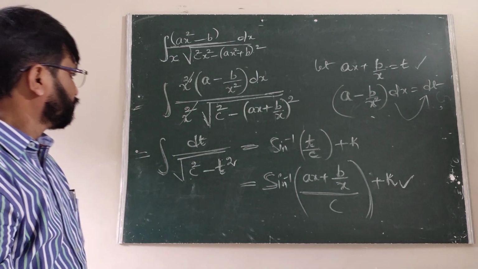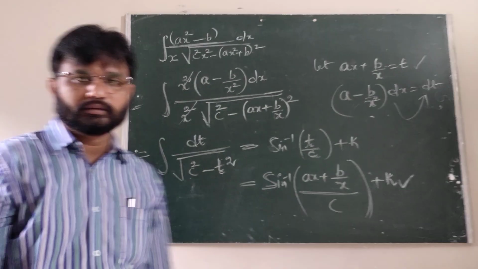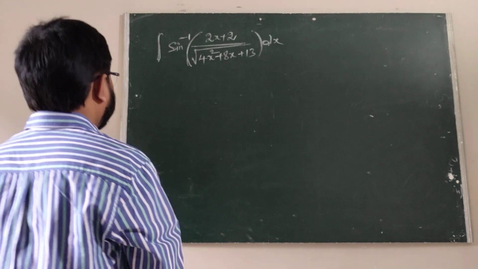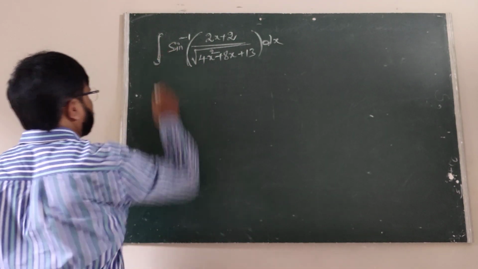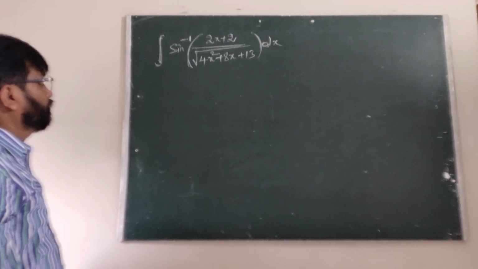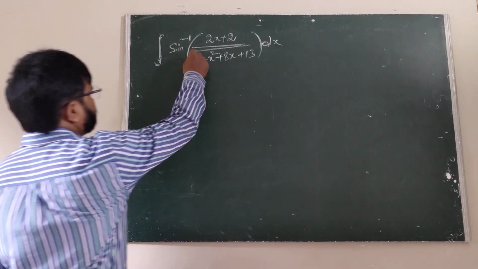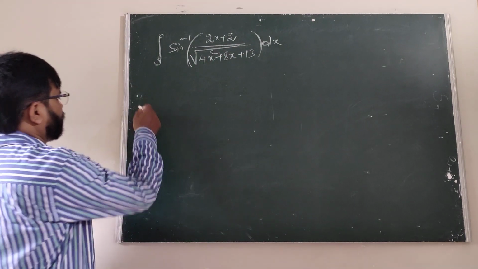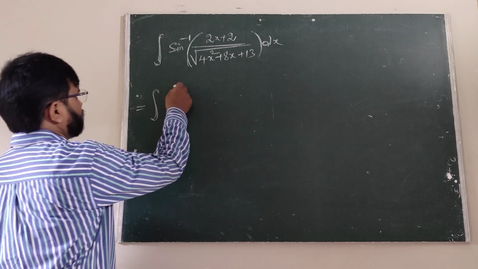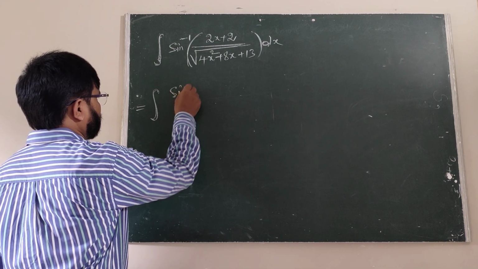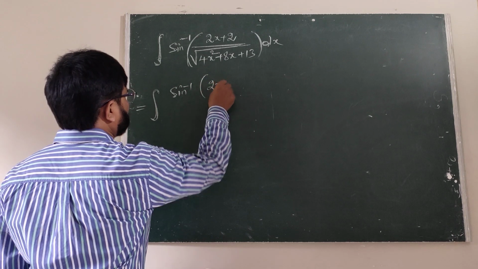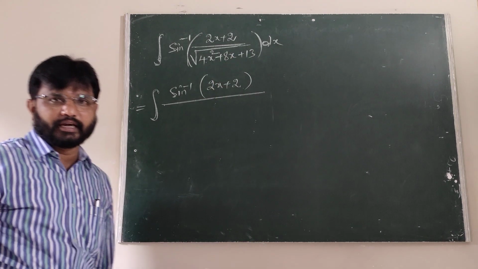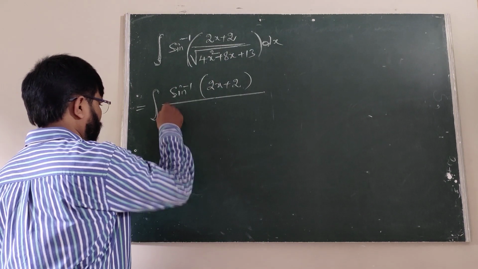Okay, is it clear? Now the second one, the integral of sine inverse of (2x plus 2) upon under root of 4x square plus 8x plus 13. Therefore here, sine inverse of 2x plus 2 upon under root of 4x square plus 8x plus 13 can be written as